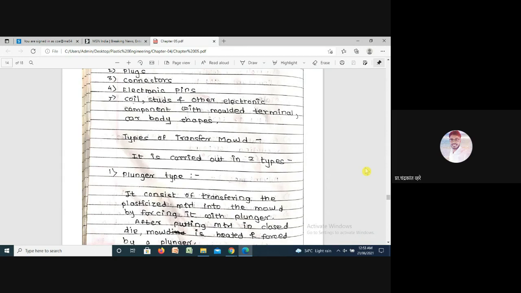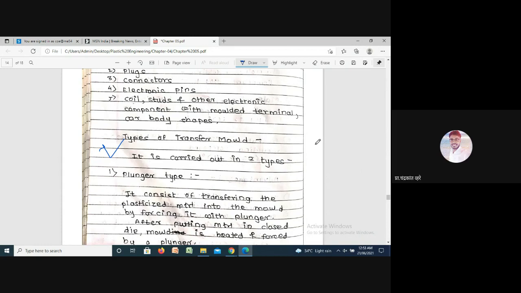Okay, so the first point is types of transfer mode. What is a transfer mode, its components, its major parts, its process, and its working?